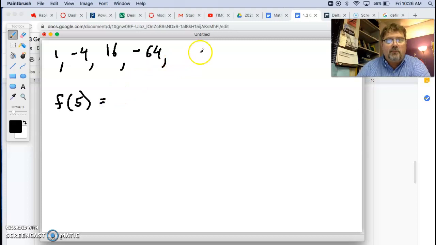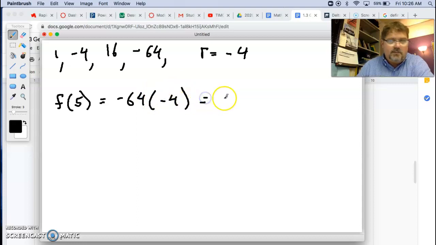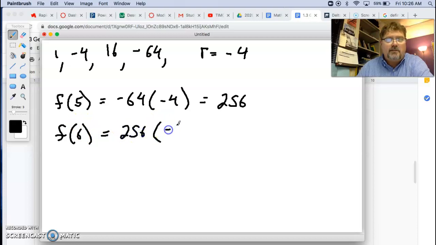All right, so first we need to find out what the common ratio is. Well, now here's something I want to point out. We know it's geometric. Divide the easiest place, and that's -4 divided by 1. So we know it's -4, right? So f of 5 is -64 times -4, which is positive 256. So that's the 5th term. The 6th term, well, we can just start putting those in now, is 256 times -4. And that turns out to be